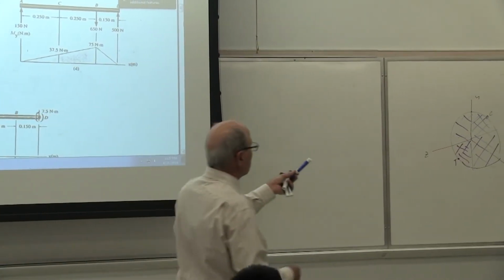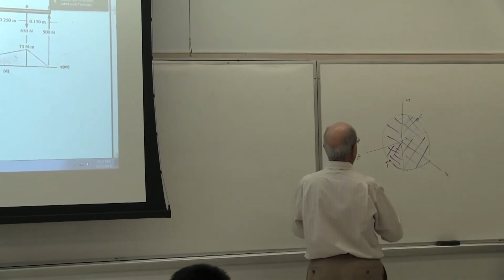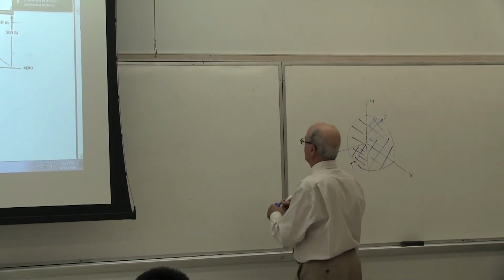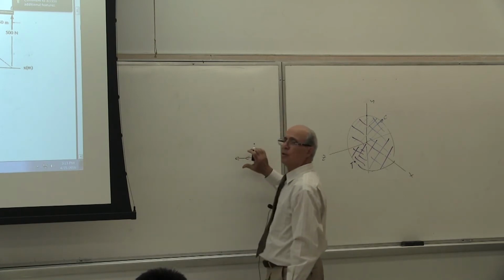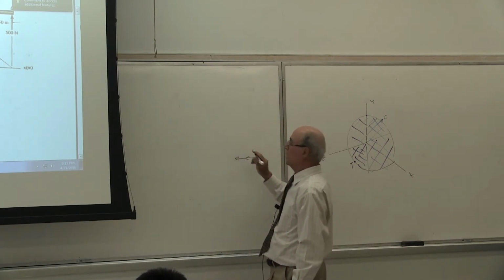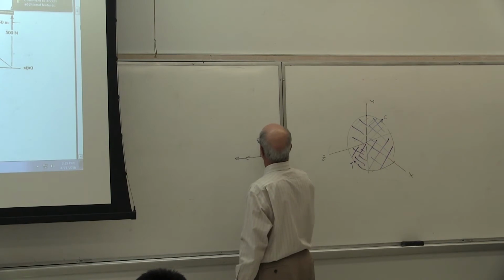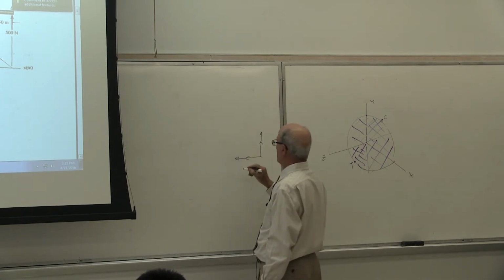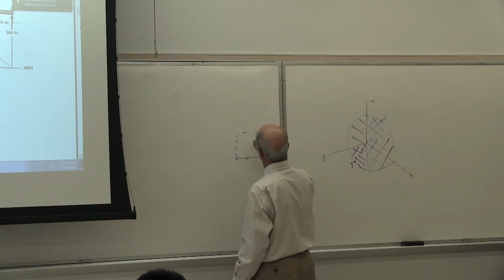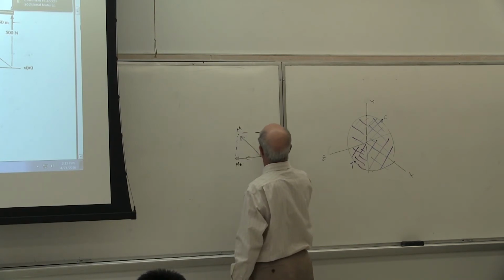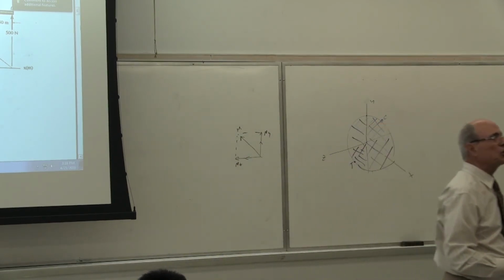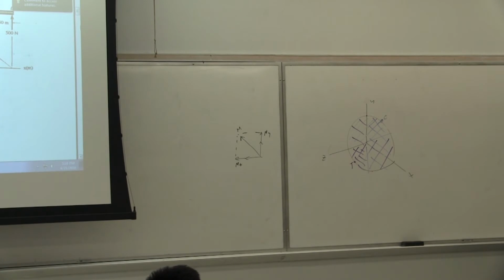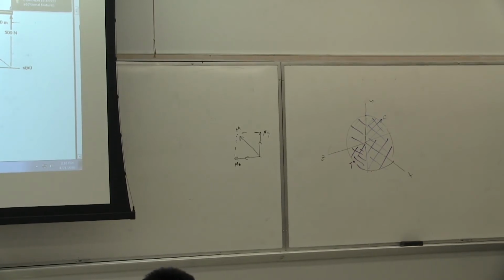So what you just told me is that there were two moments. I showed the moment in black. You said this is Mz, yes or no? Look at my thumb, yes or no? And this is My, plus, plus and plus. Then you find the resultant of that. This is your M. This is Mz. This is My. What is M equal to? M equals the square root of My squared plus Mz squared, as you were doing all the time in statics.